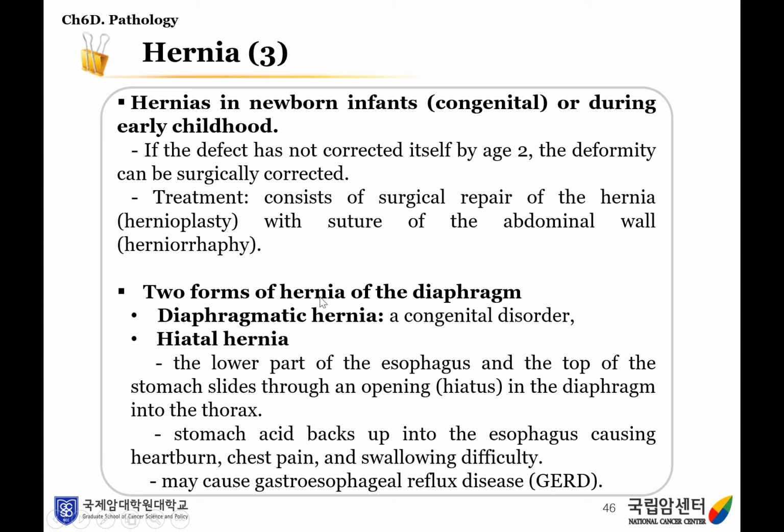And there are two forms of hernia of the diaphragm. The first one is diaphragmatic hernia. This is a congenital disorder, and also hiatal hernia. Hiatal hernia is when the